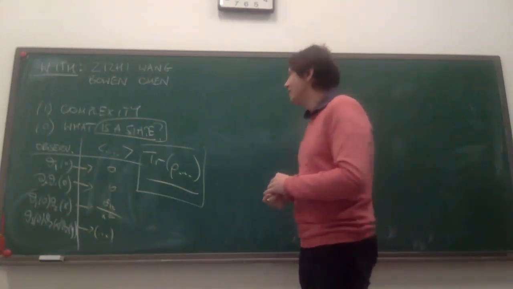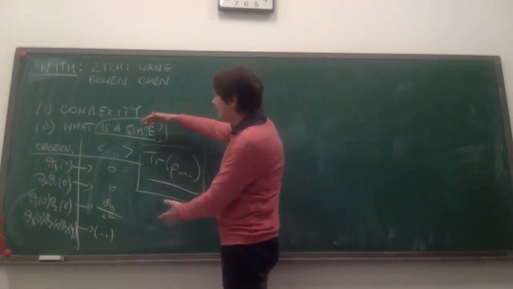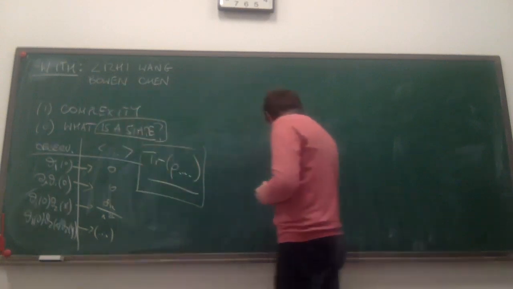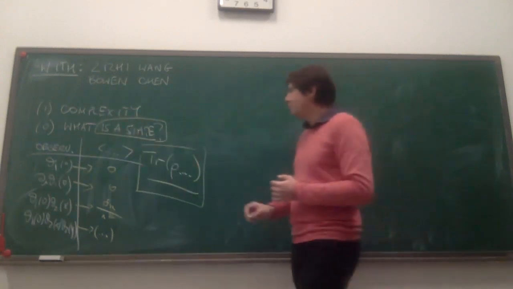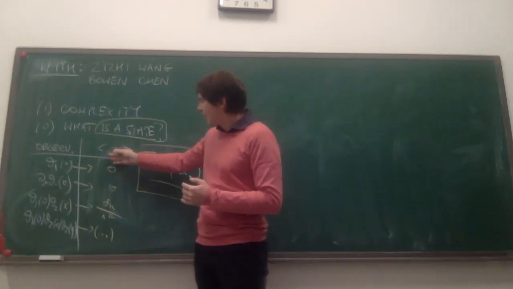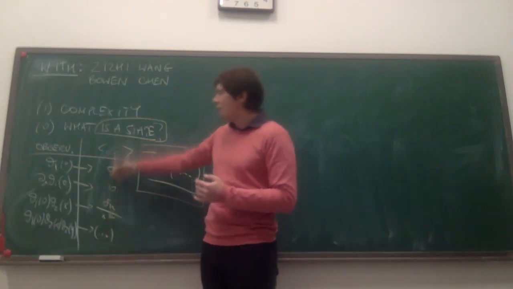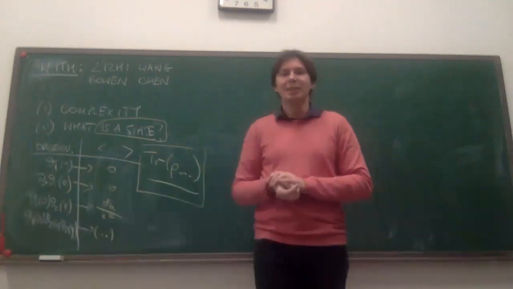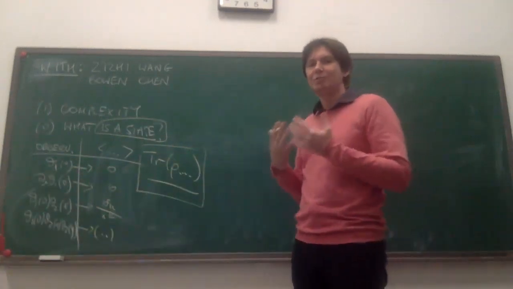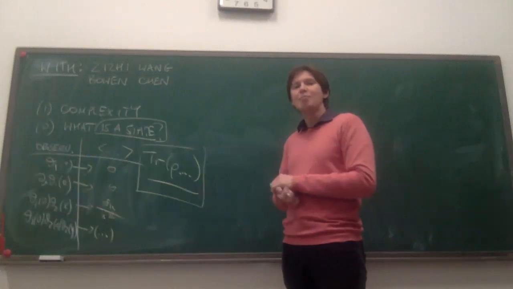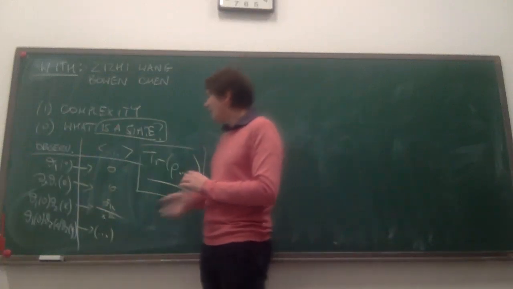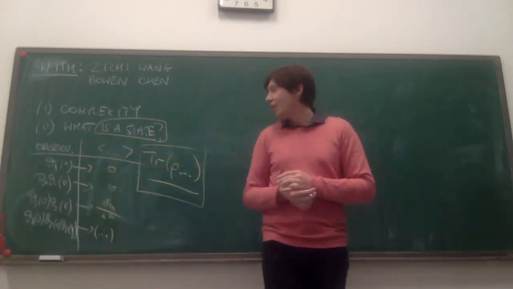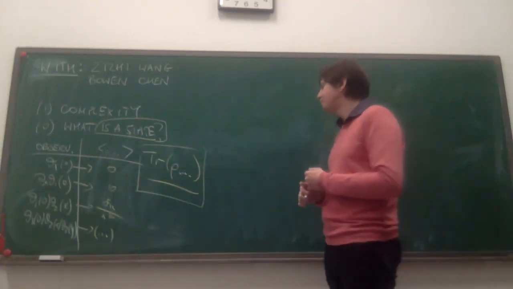If there aren't, then having said what a state is, we can now tackle the question, what is complexity? And complexity must be a way of figuring out what the entries in this column are, given a set of observables that I have. That's what complexity must be, because that's the set of quantities that characterize my state. Preparing a state means finding out how to fill in this column of expectation values in the table.